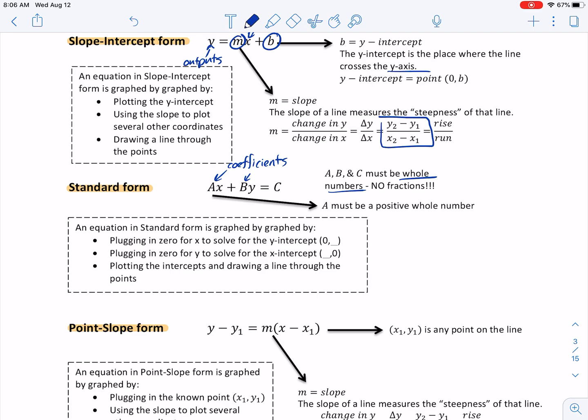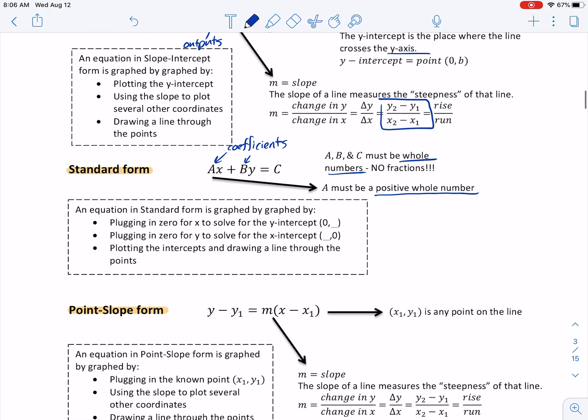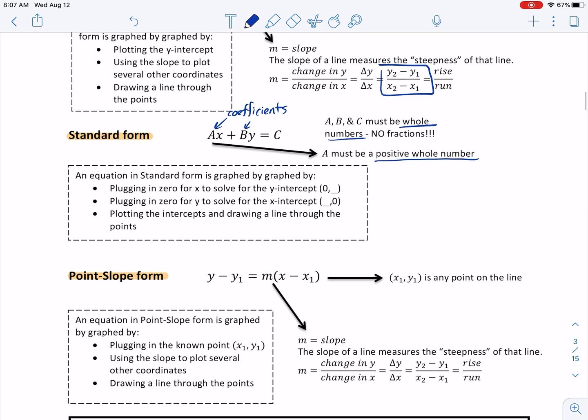You can get rid of those fractions, and we'll talk about how when we practice some in just a sec. And then a, that value in front of x, needs to be a positive whole number. We can also talk about how to make that a positive whole number when we graph some examples in just a bit. The way you're going to graph in standard form is you're going to graph using intercepts,